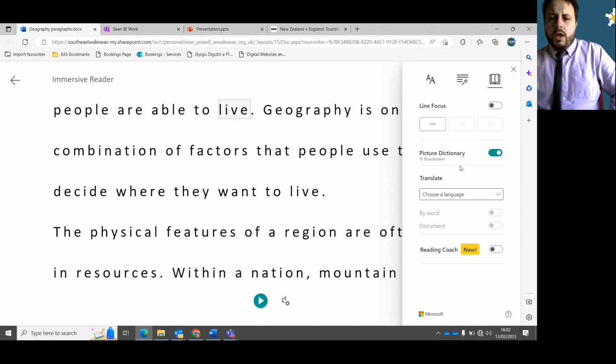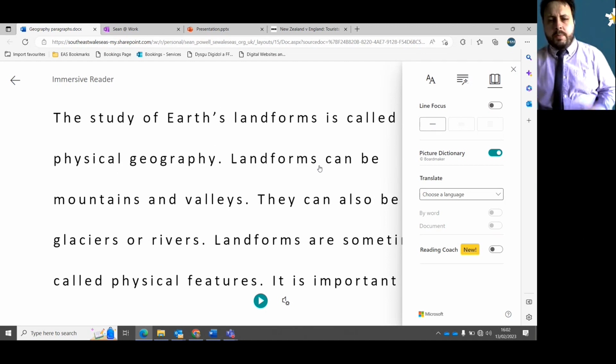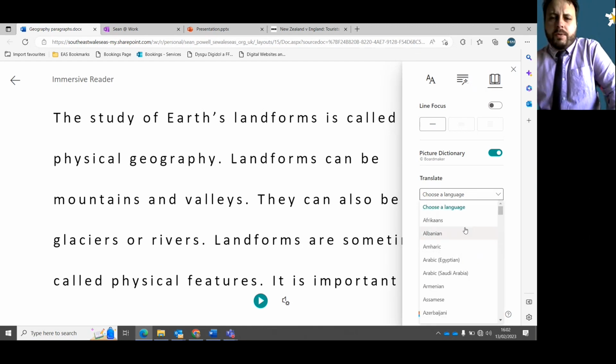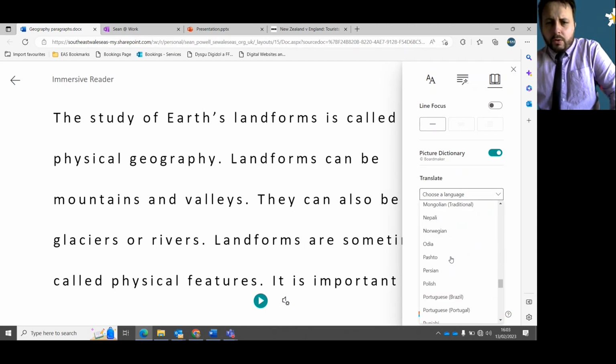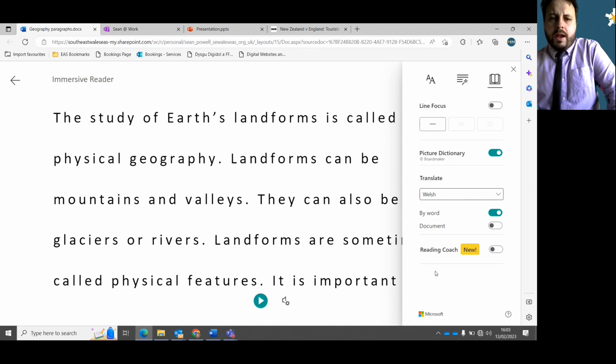One of the other incredible features within Immersive Reader is the ability then to translate this text from English into a number of different languages. So again, in the reading preferences option, we have the translate button here, and we've got a drop down then with a number of different languages that we may want to use. So for example, if I scroll all the way down, we have Welsh right here. So if I click onto Welsh, what will then happen is that it should translate the text